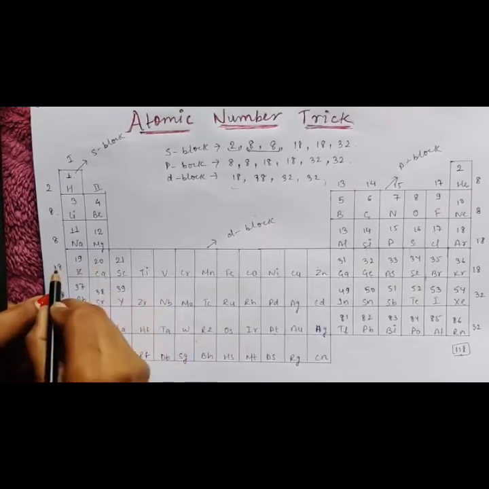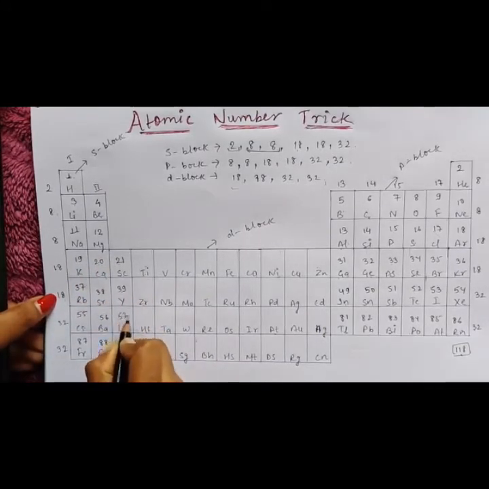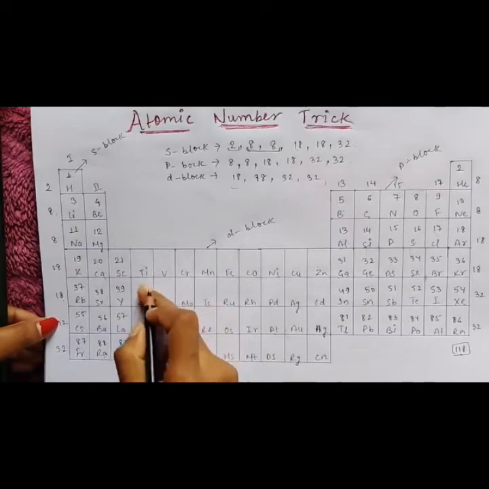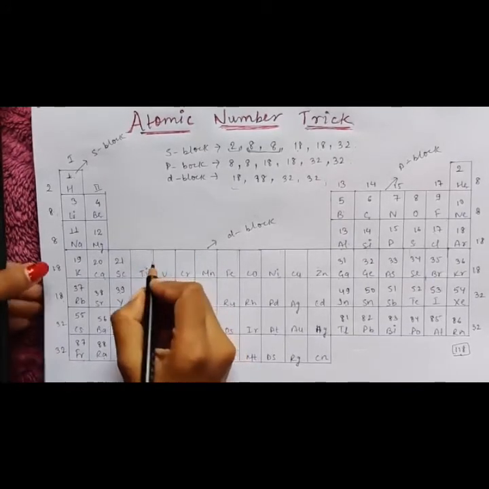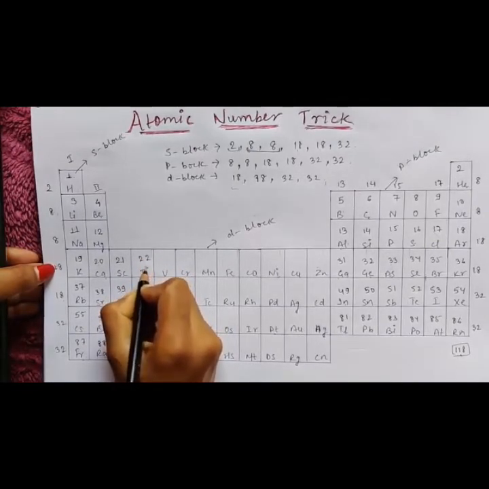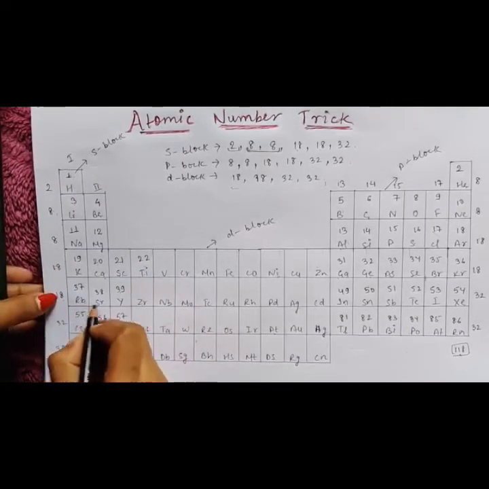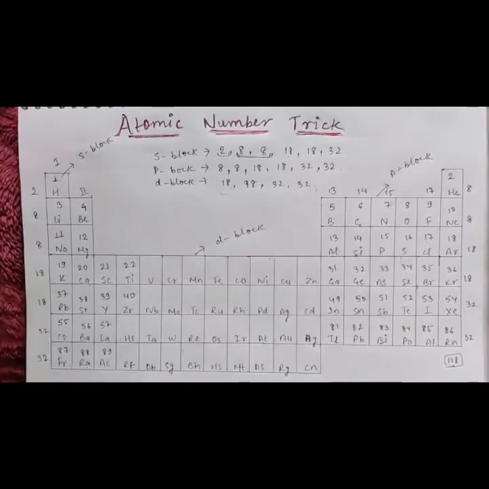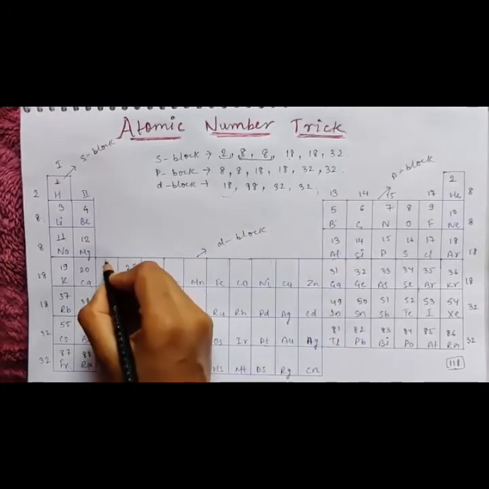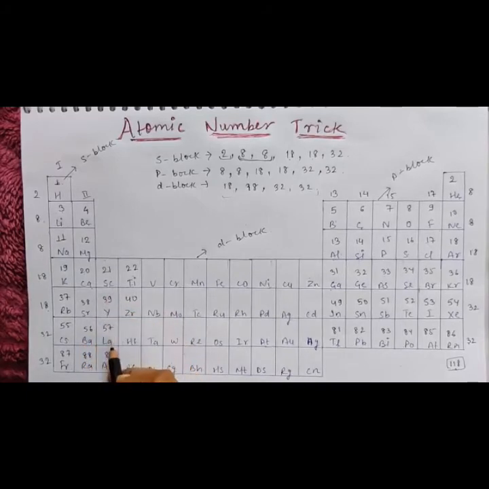Or write the atomic numbers continuously. Yeah, D block elements. If you want to write the D block elements, add one after one continuously. Otherwise follow that rule also: 18, 18, 32, 32. Okay. So anyway, if you want to write the atomic numbers you can write, that is not important. But in the examination